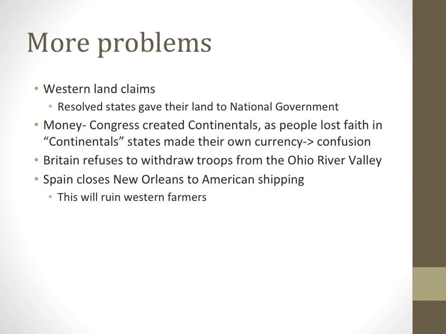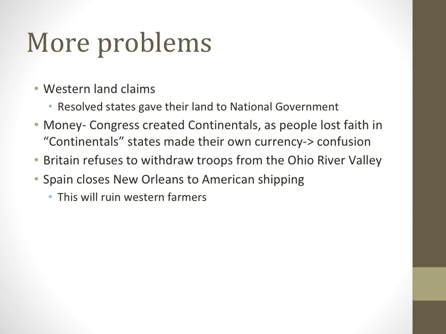And then some other problems. And some of these problems are actually resolved. So there's a lot of land that has been claimed, especially by Virginia and Pennsylvania and some of these New York and some of these other states. They're all claiming these lands, and how are they going to solve those problems without a federal judiciary? Well, eventually the states do resolve the problem. The states agreed to give their land claims to the national government, all their western land claims, and therefore that opened up to adding future states.